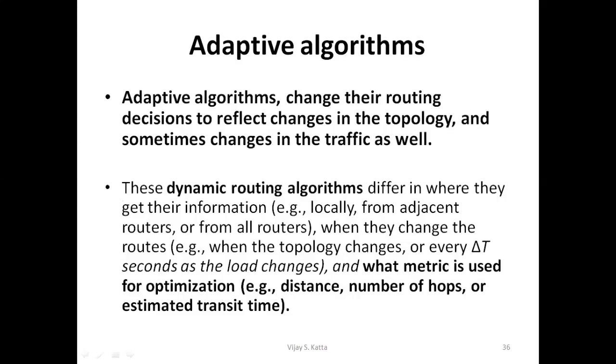Second one is called the adaptive routing algorithm. It is a dynamic routing algorithm. So whenever some changes occur in the network, like changes in the topology or changes in the traffic load, then it is reflected in the decision taken for selection of the route. It means in dynamic algorithms, routes are selected according to the current network scenario. Now, to identify the current network scenario, we use some parameters. Along with these parameters, we optimize our routes.